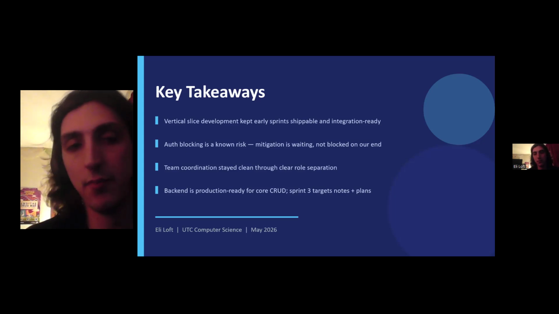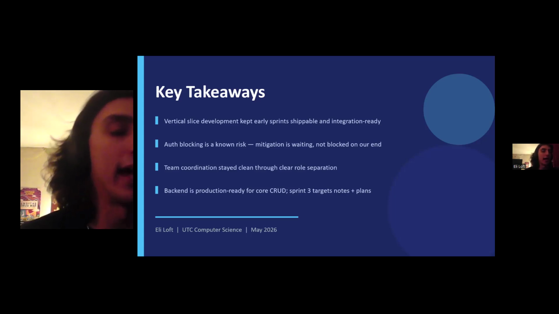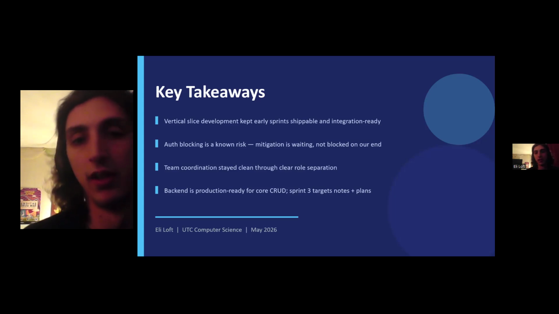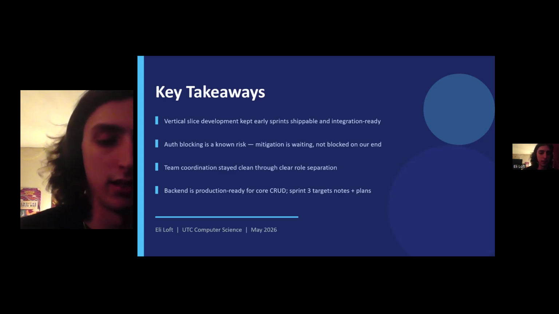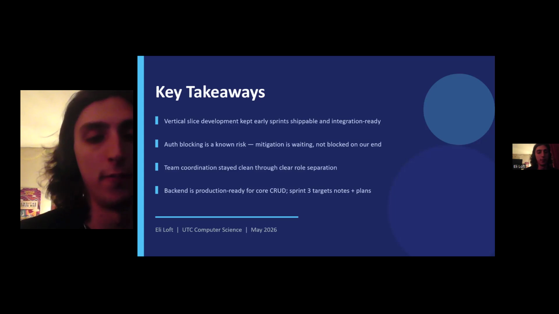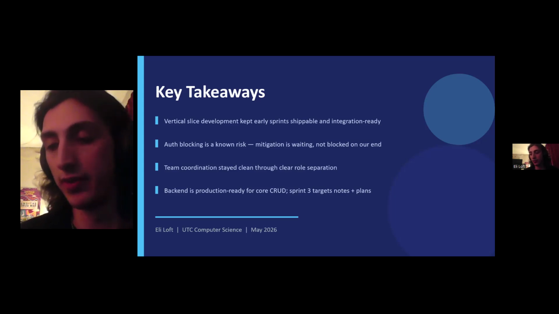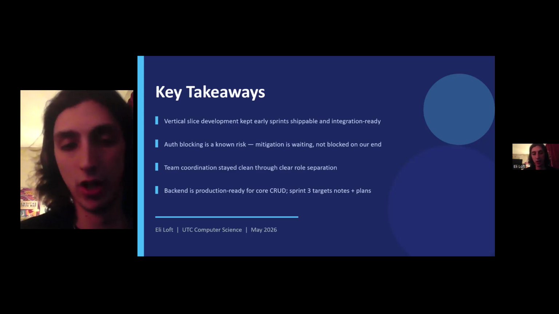All right. And then backend is production ready. Like I said, we started very backend heavy because we had to have a lot of the things live for front end. And so in Sprint 2, they have a lot of the CRUD live endpoints to actually start on for front end. And then notes and plans is the first part that we are doing for Sprint 3, and then we'll pass that off as well. All right, and then that is my presentation.